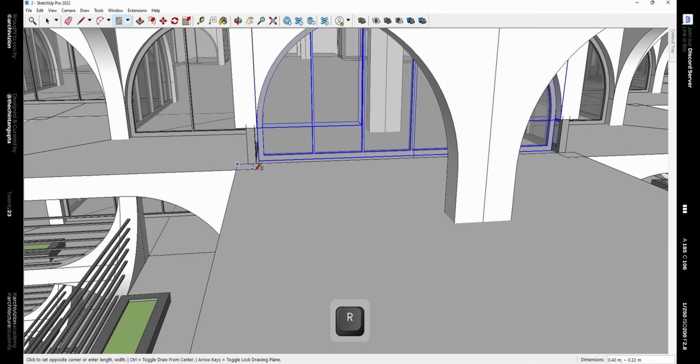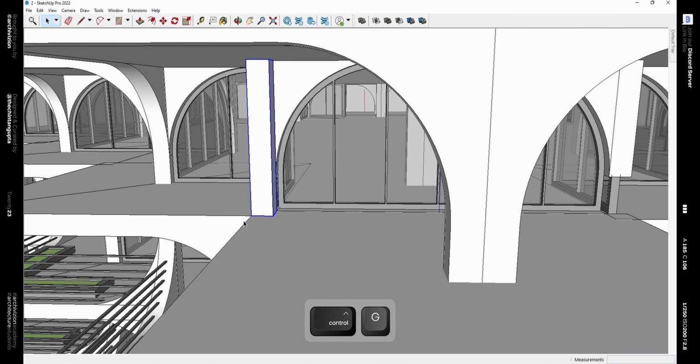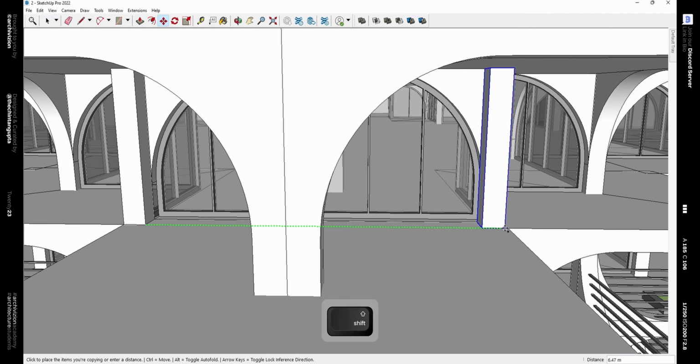Also these columns are sort of missing, so we need to make them. So use the rectangle tool to make a column and then push them upwards. And we can also drag a copy of this on the right side like this.